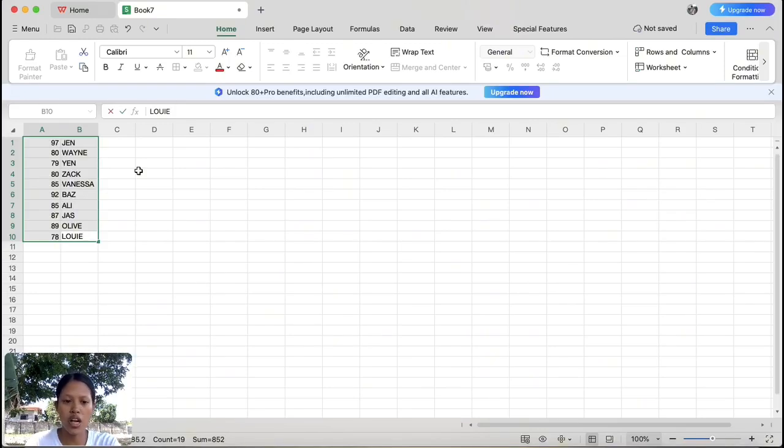This data will help us with calculations, sorting, and charting later on.